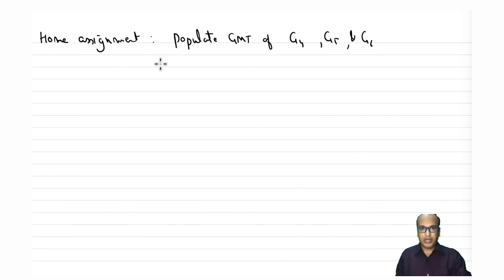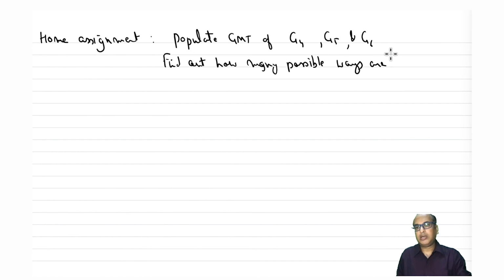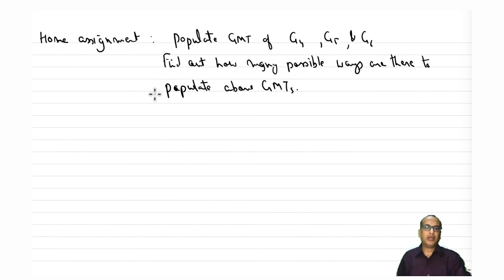Let's also find out how many possible ways there are to populate the above GMTs. That's first, and also write the GMT of